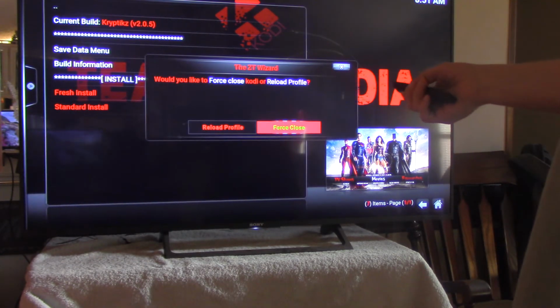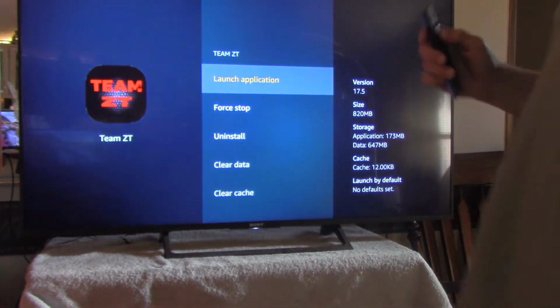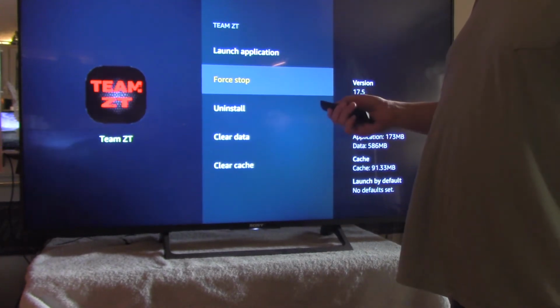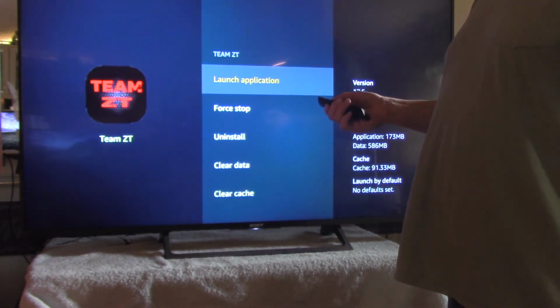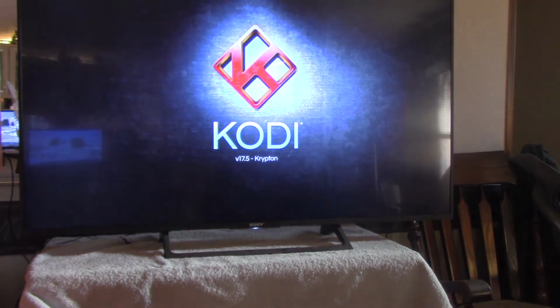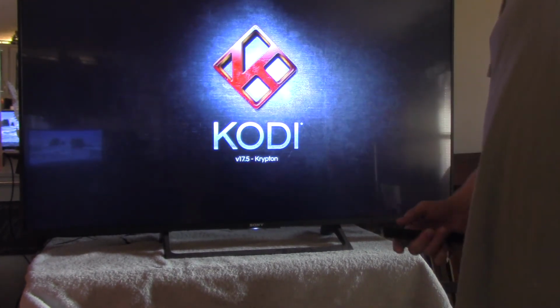You can force close it. Make sure you force close, and it'll go out. I as well force stop it before I launch it, and then when I launch it,